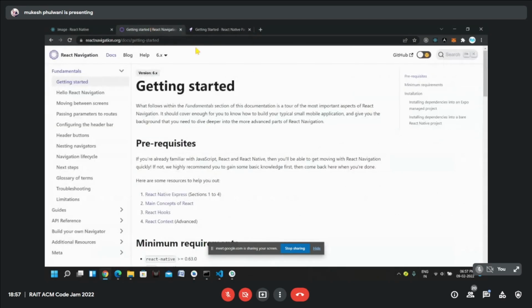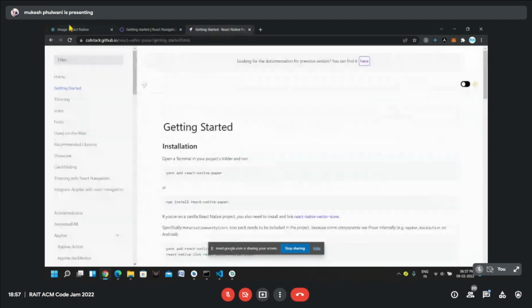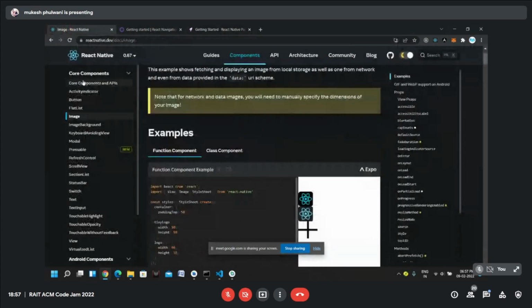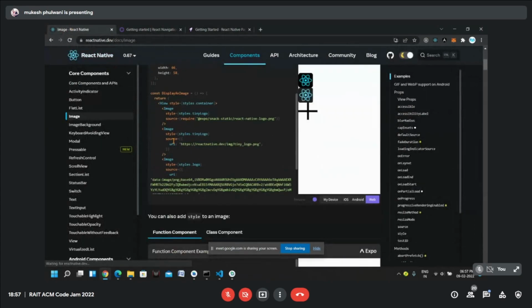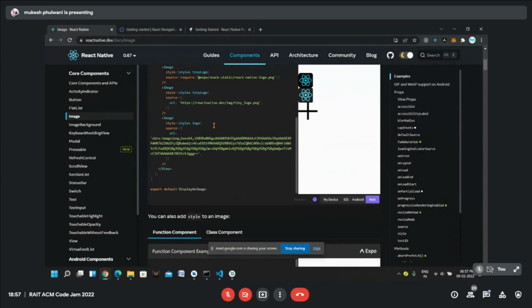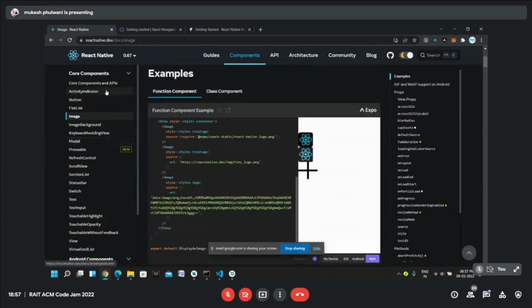If you want to learn about the components, you can visit the official documentation, and they have given so many examples. You can obviously go through the documentation to learn about any of the components.